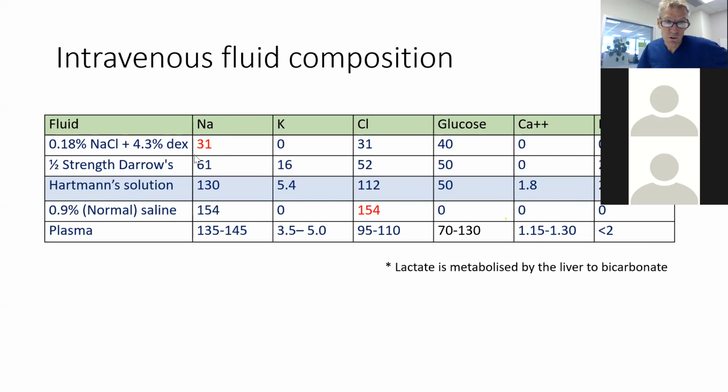Firstly, the 0.18% sodium chloride solution doesn't have enough sodium in it. It's only got 31 millimoles of sodium. On the other extreme, normal saline's got 154 or 150 in some, 150 millimoles of sodium. Whereas in our body, we have somewhere between 135 and 145 millimoles of sodium. So Hartmann's solution, or Ringer's lactate, is probably the closest to normal physiological balanced salt solutions. Right? The second thing is the